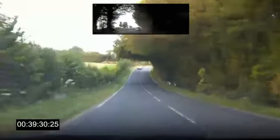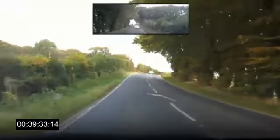See because of the hills. So not so much here, but at the top